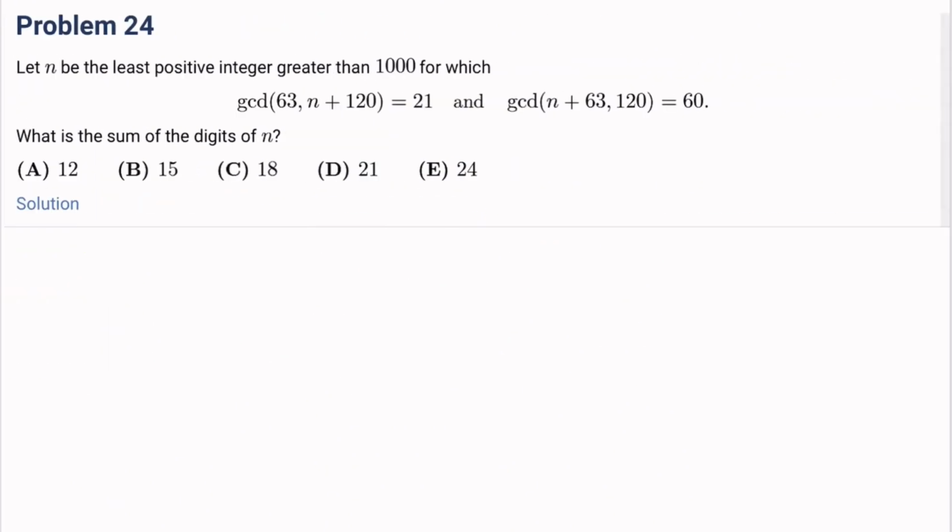Number 24. Let n be the least positive integer greater than 1000 for which GCD of 63 and n plus 120 equals 21, and GCD of n plus 63 and 120 equals 60. What is the sum of the digits of n? Okay, so